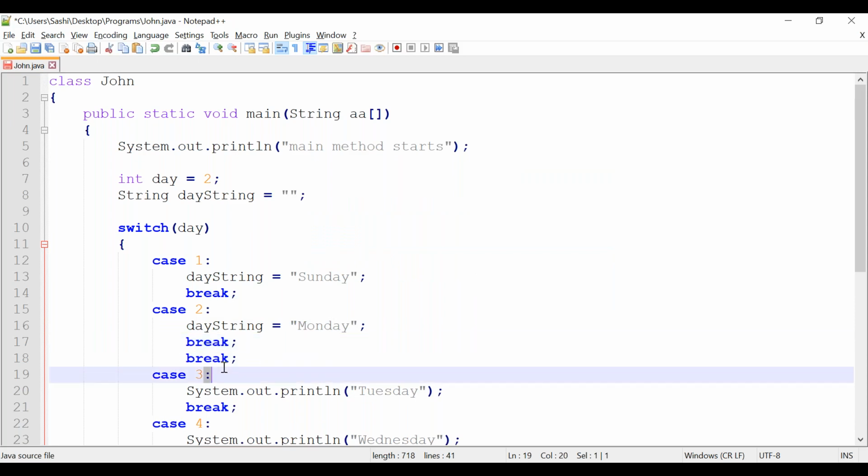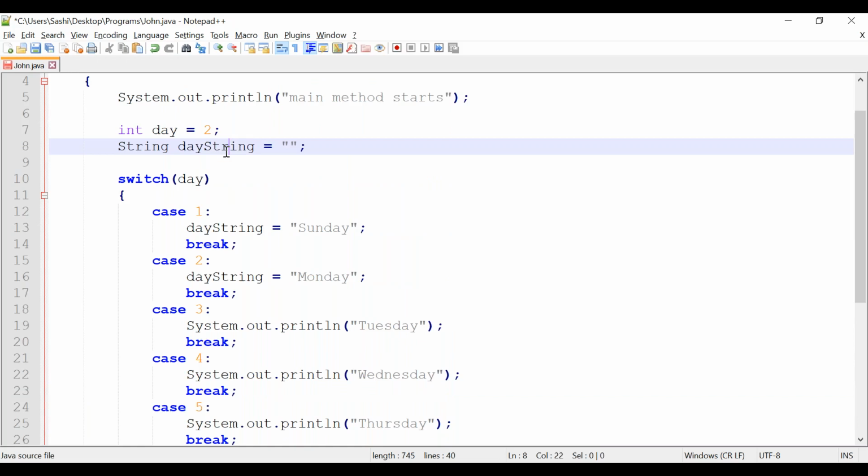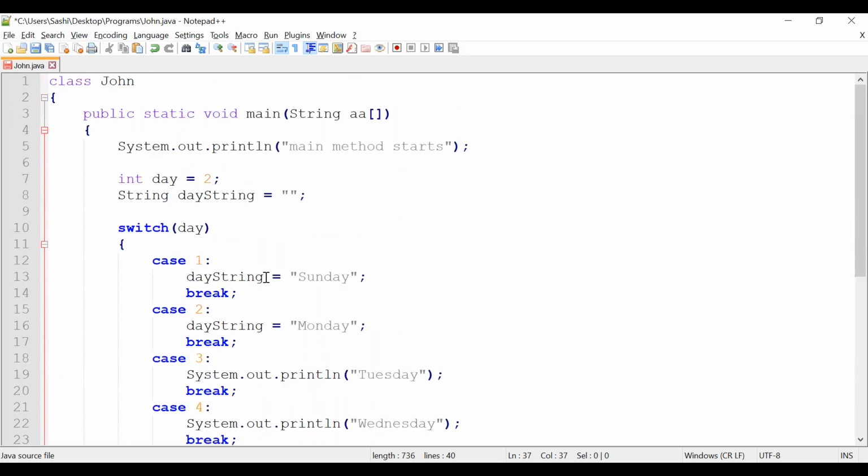Finally you print the actual day. If you print the day string, you will get the actual result. Take this as an assignment. What I am trying to say is you can print multiple statements, or you can perform different kinds of tasks inside each case.